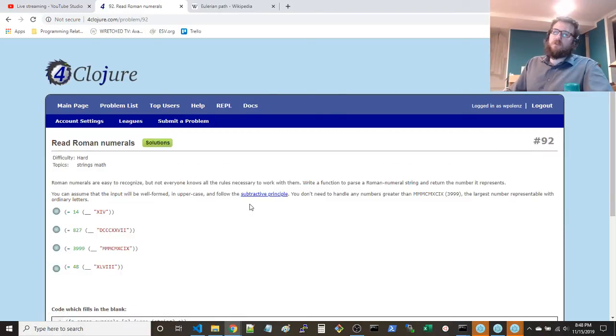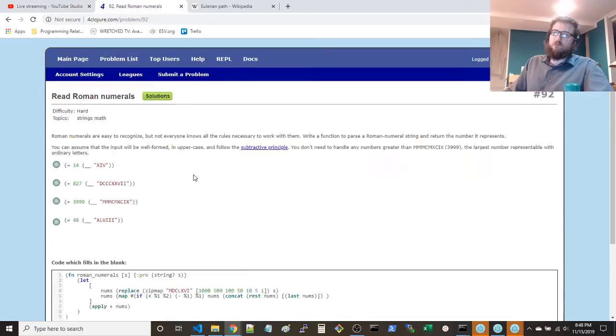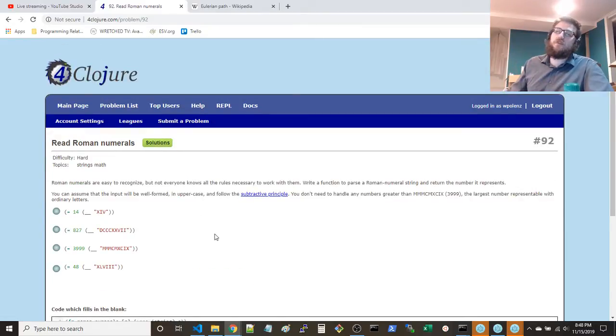Roman numerals. Now this was an interesting question. How I initially implemented it, we'll read it first. So another quote unquote hard. Roman numerals are easy to recognize, but not everyone knows all the rules necessary to work with them. Write a function to parse a Roman numeral string and return the number it represents.